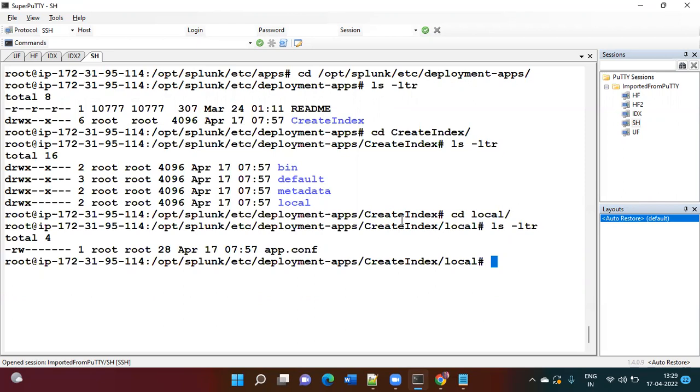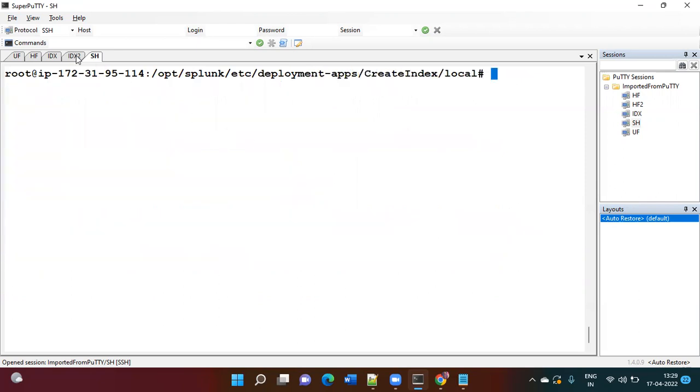So let me take the sample indexes.conf from the indexer, to see how it looks like. You got the point? I mean, what needs to be written in the configuration file. So just a sample, just for the sample purpose, I can go to